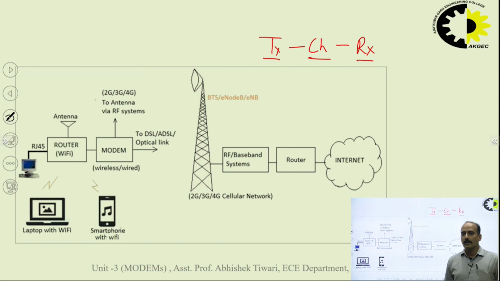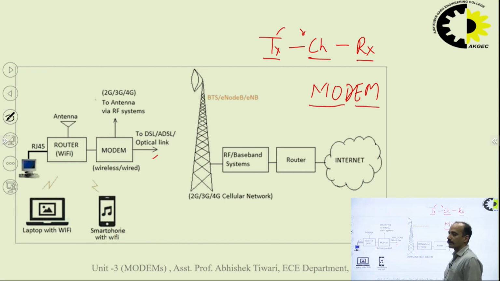To transfer that data from the transmitter to the channel, we require a specific kind of instrument, and that is called a modem. The third unit is about the modem, and modem stands for modulation demodulation, meaning equipment which performs both modulation and demodulation at the same time as per the requirement